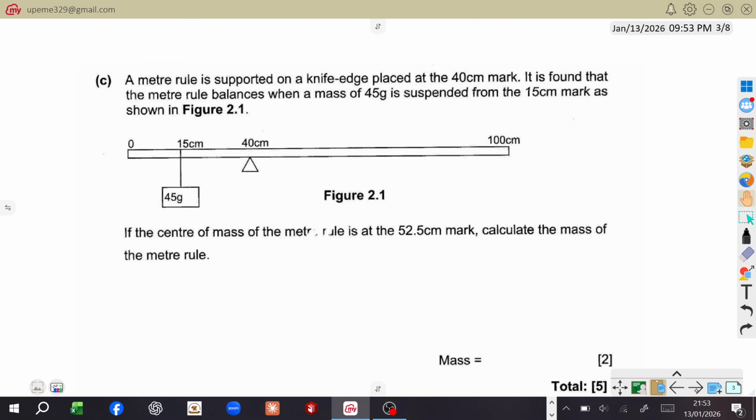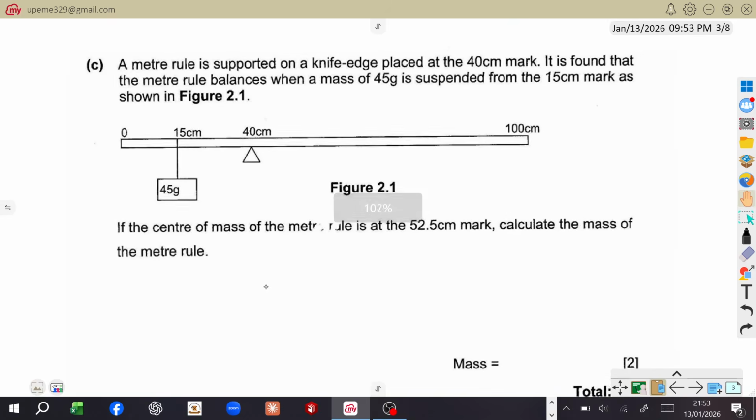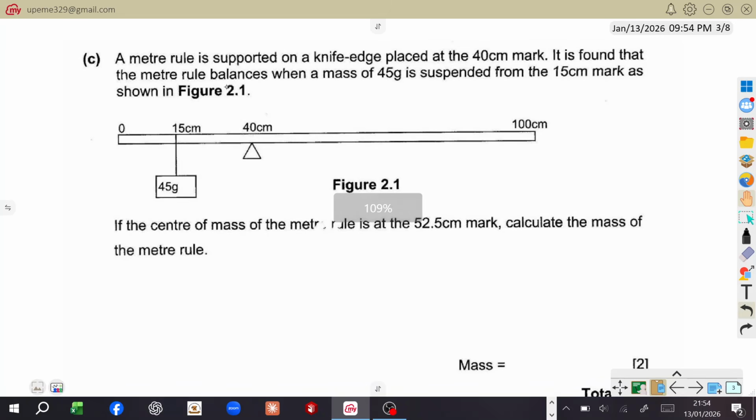Here is another question on moments. So this question was like, a meter rule is suspended on a knife edge placed at the 40 centimeter mark. So there is a meter rule. This one is a meter rule. As I told you, when a meter rule is mentioned, just know that you are dealing with the